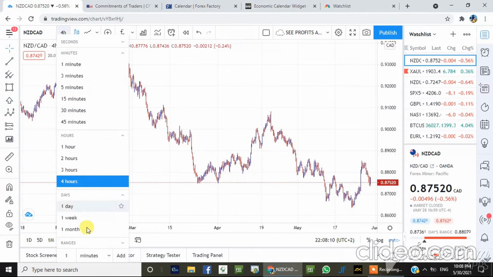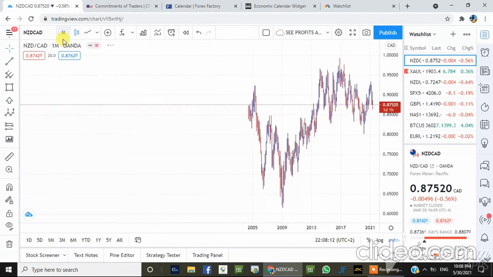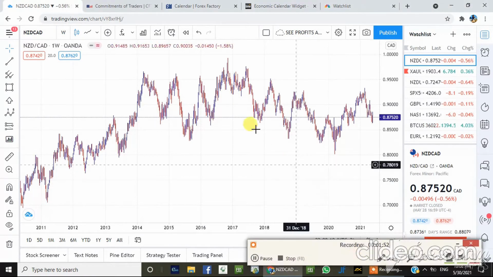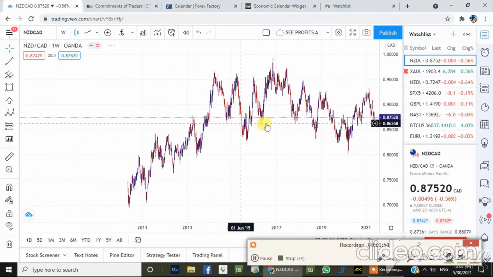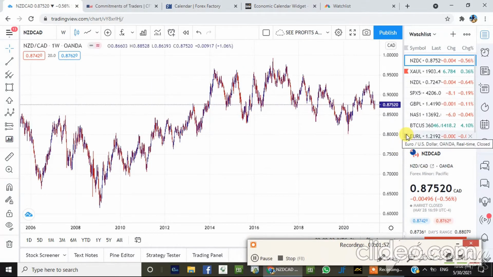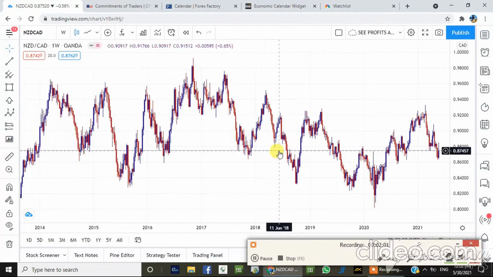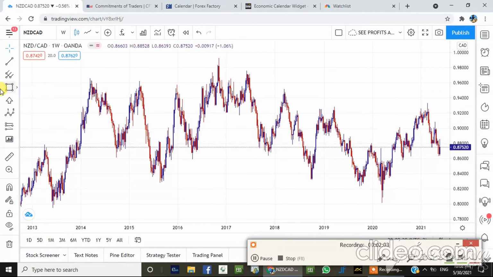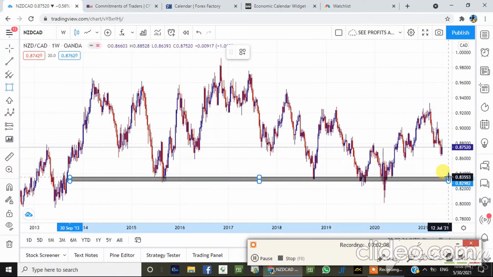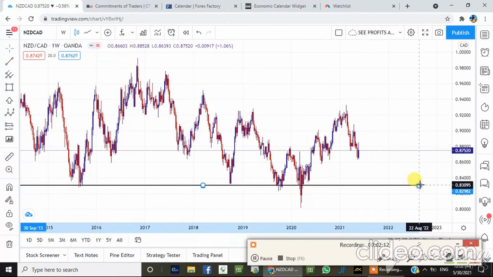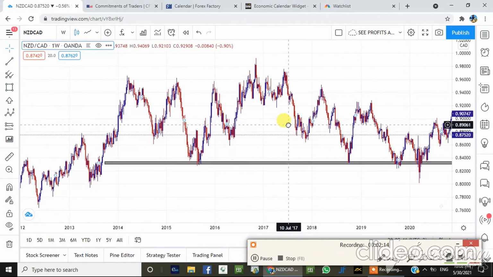Let's go to the weekly time frame. Oh, now it's saying monthly. Let us go to the weekly time frame. On the weekly time frame on NZDCAD, you can see very clearly that the market is consolidating. We have the support level, which is here, confirmed by multiple touches,